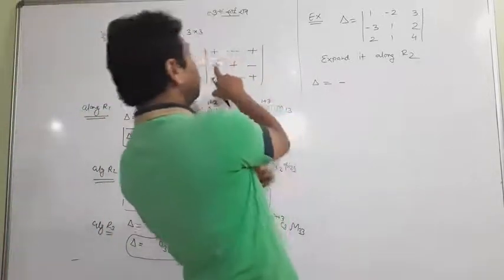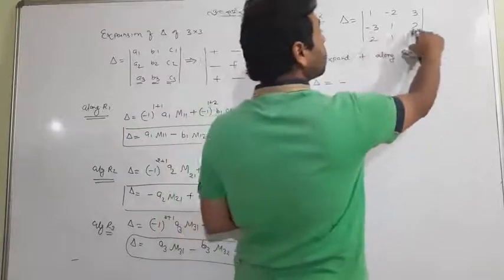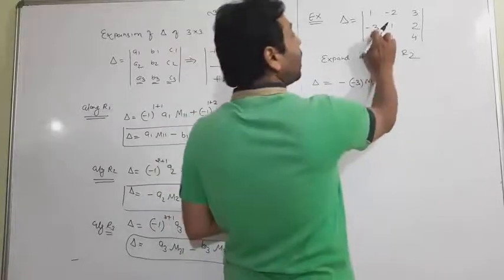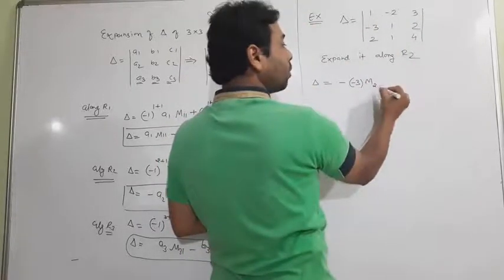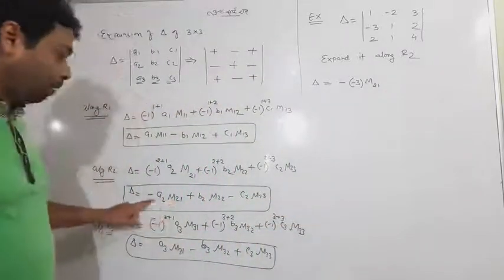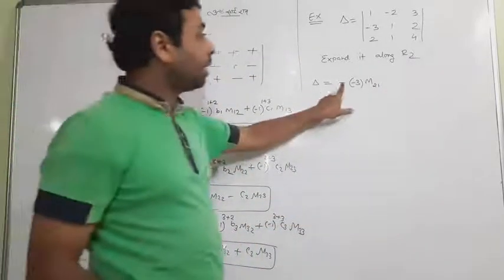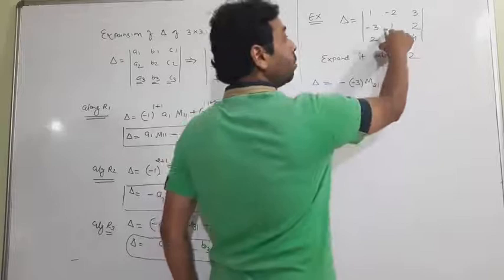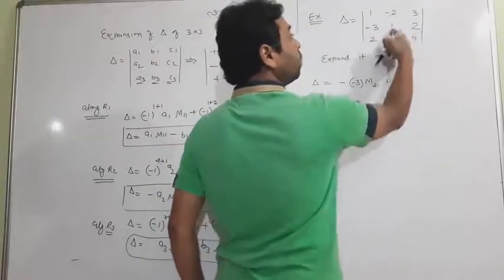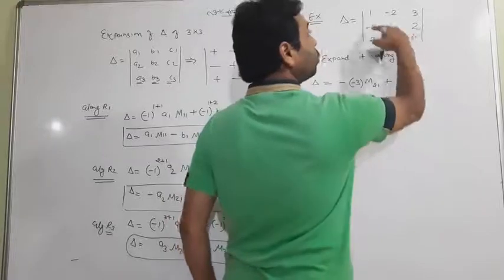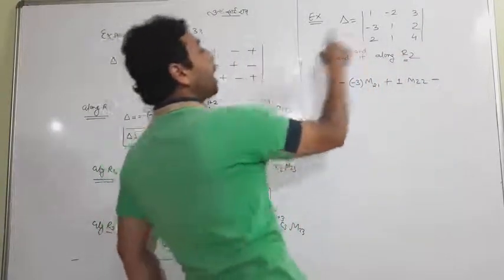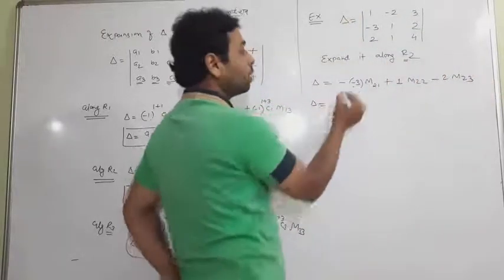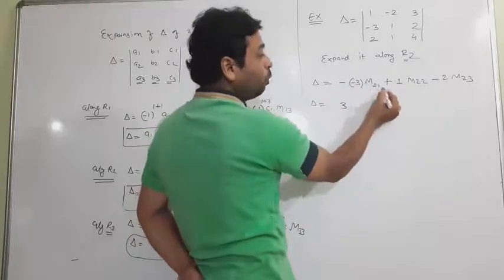Okay, so minus, that is minus. And second row, this is minus 3, very important, element and its minor. So what is the minor of that? Second row, first column. Hope you are getting it. This is the formula: minus element its minor, plus element its minor, because this is second row, R2, element its minor 22, and lastly minus element its minor 23.